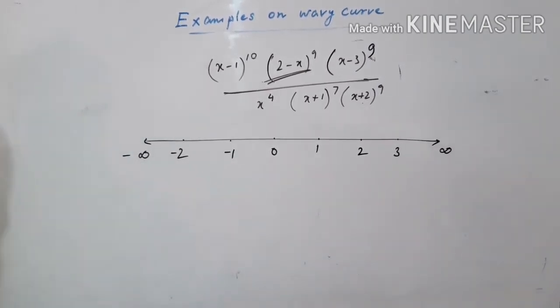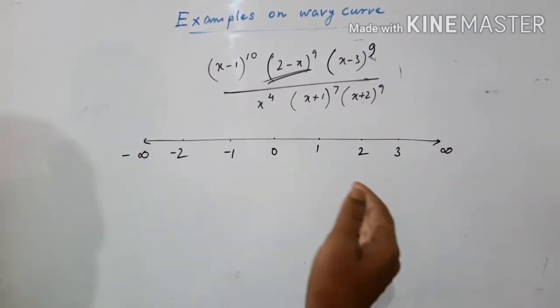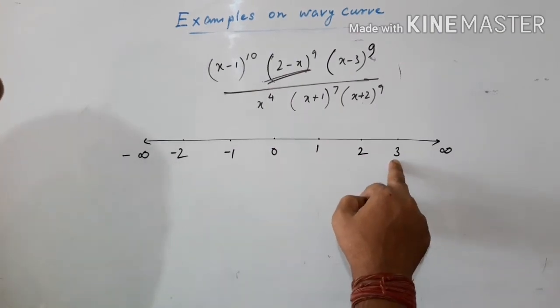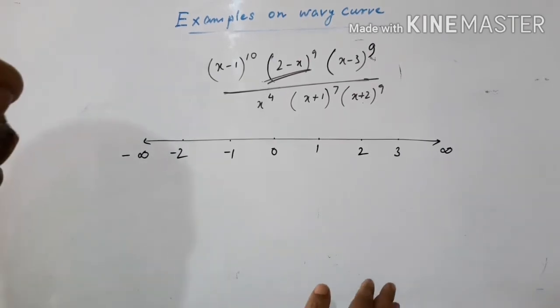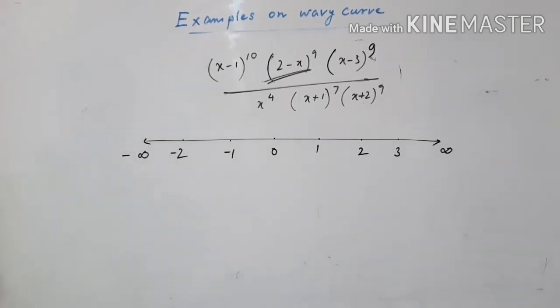So we know that at the right of 3, that is the maximum root, maybe maximum pole, the value of an expression is always positive, provided that all the x's are occurring with a positive sign. Now see that here it's not the case, the underlying factor 2 minus x, where x is not occurring with a positive sign. So how to determine the sign at the right of 3 is the question.